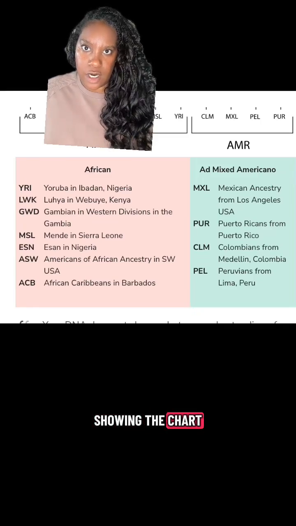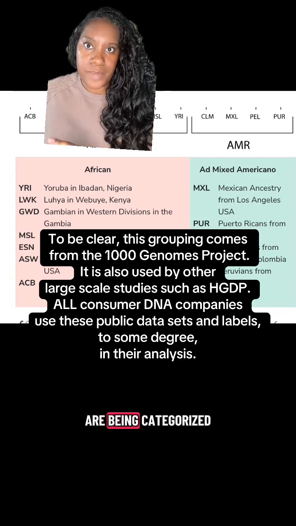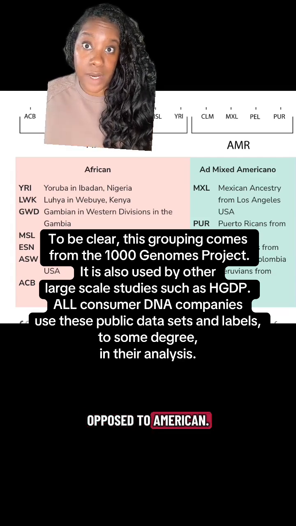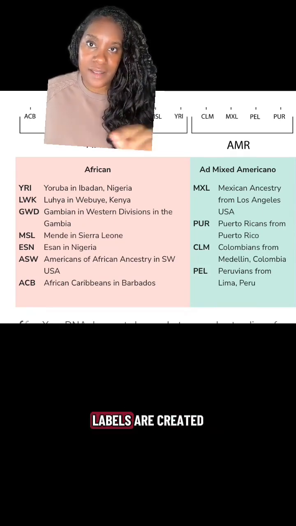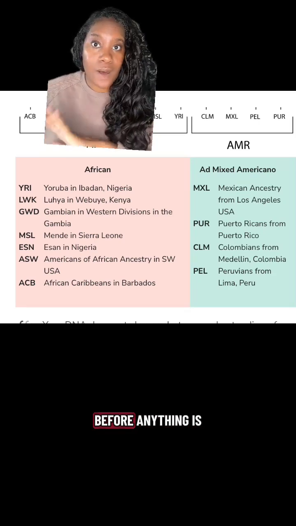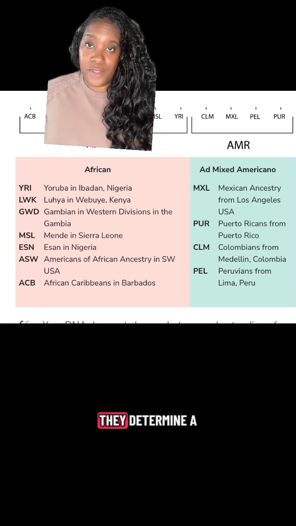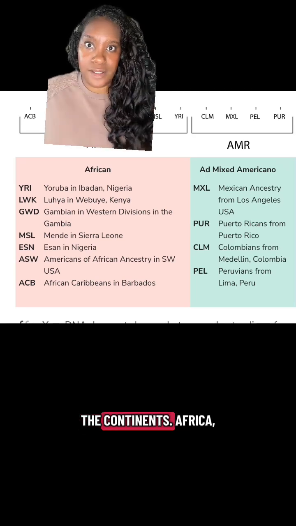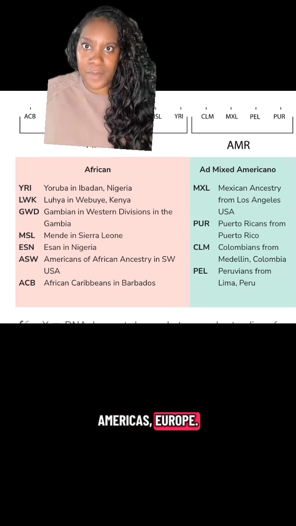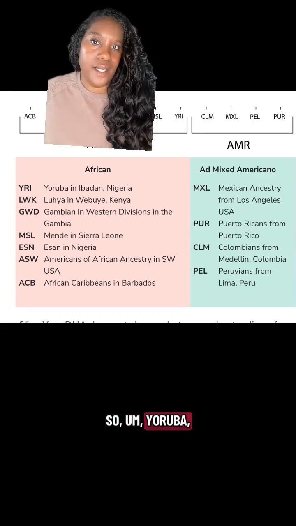So I was showing the chart that shows the admixed American groups and how two admixed American groups, ASW and ACB, are being categorized as African as opposed to American. And what you and many other people fail to understand is that these labels are created before anything is analyzed at all. Researchers determine a label, they determine a group. So they say the superpopulations are going to be the continents, Africa, Americas, Europe. They determine the populations. So Yoruba, Mende,